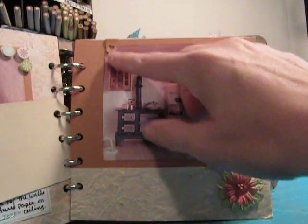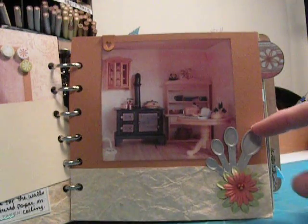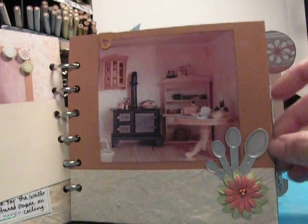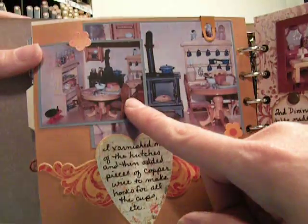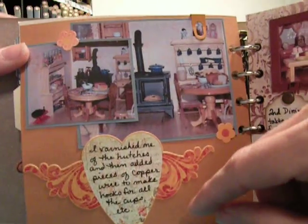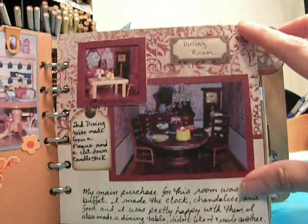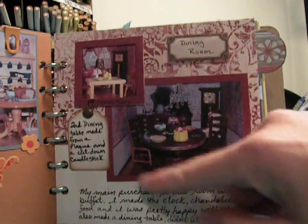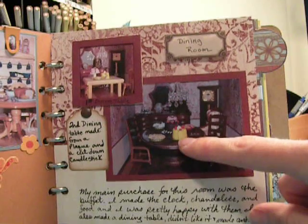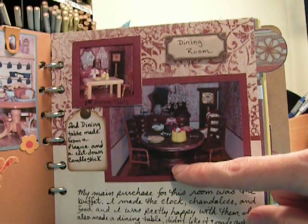I've got another metal clip, some teaspoons, some flowers. And then here I'm starting to fill it out, starting to put more of the miniatures in to the kitchen. And then I made this dining room table. I made this one first, but I didn't like it. So then I made the second one using a wooden plaque and part of a candlestick holder that I cut